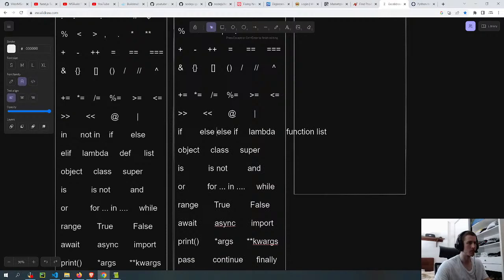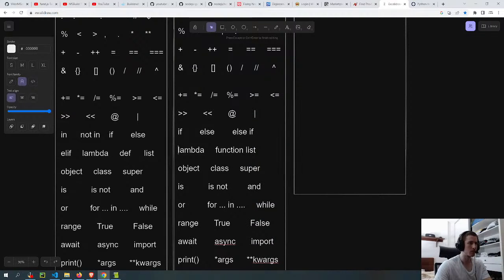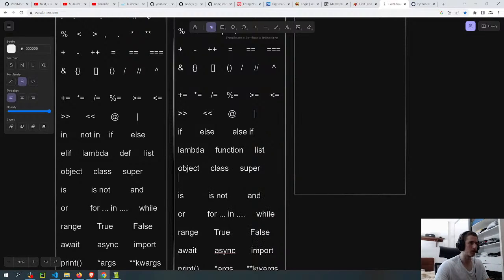If else. Yeah, I think before JavaScript didn't have class, but now it has.